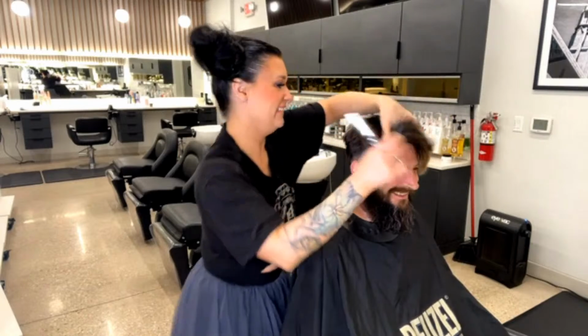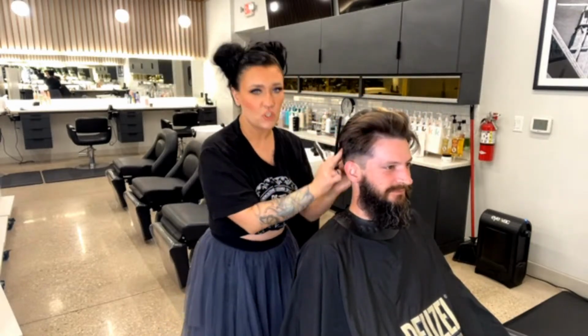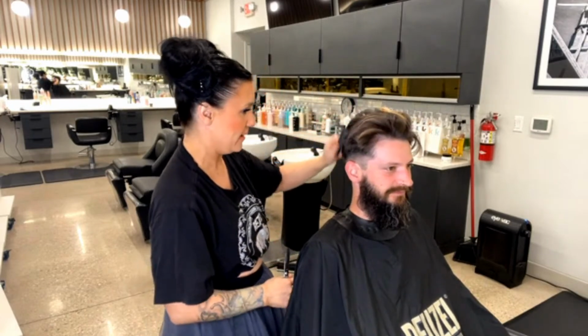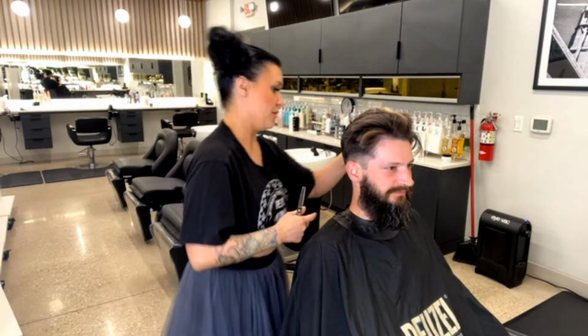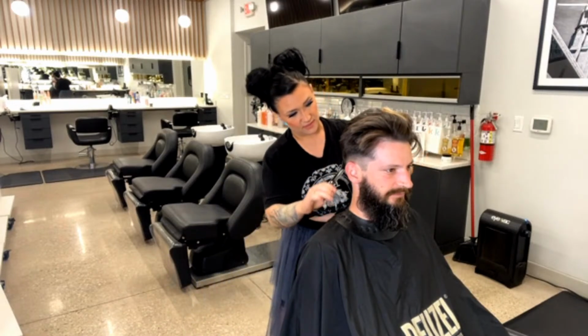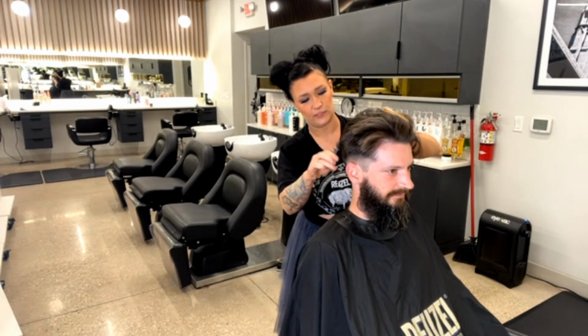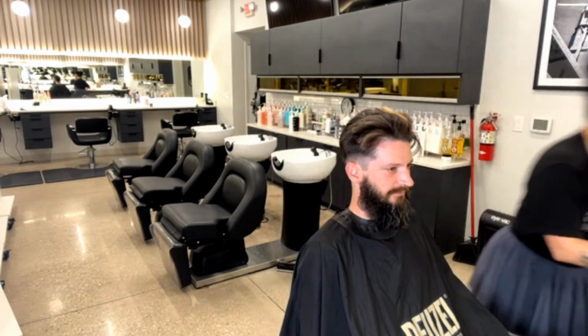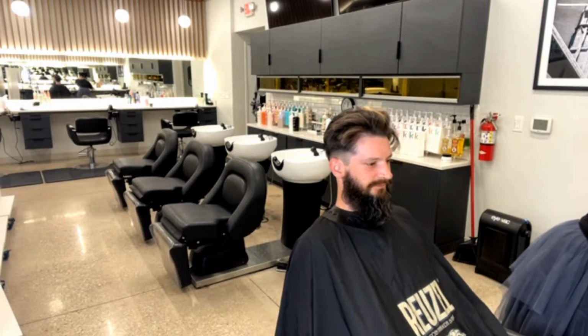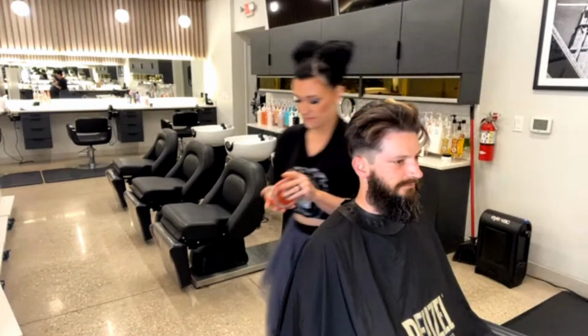Hey, girlfriend. All right. So that basically just took a little bit of the weight out, and I'm really liking how that looks. So let's go ahead and grab the pomade that we're needing. And I'm literally just kind of taking a little bit of that weight out. So here we go. I'm going to take a bit of the red,